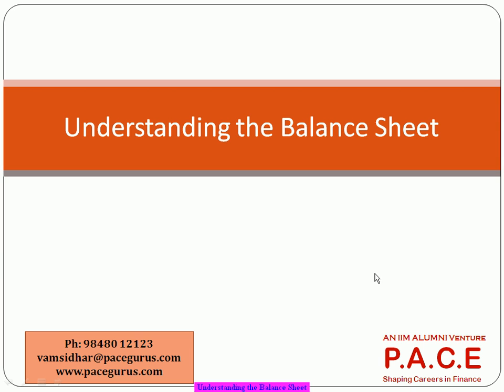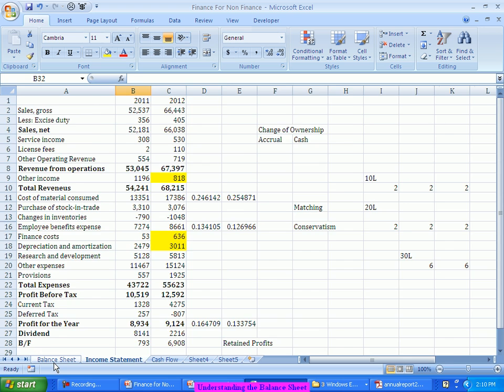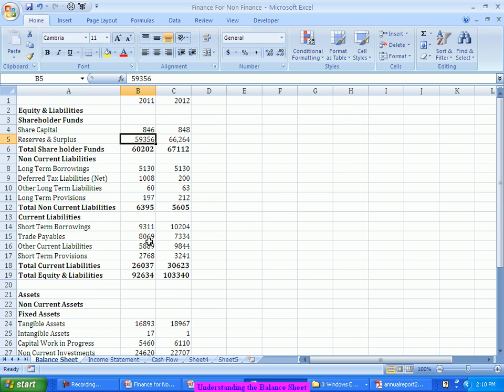Now let's look at the balance sheet. The same data when we see, the balance sheet is also more of a streamlined format itself, right? There are two major sections which are shown in the balance sheet of any company: the equity and the liabilities. Generally, the difference is nothing but